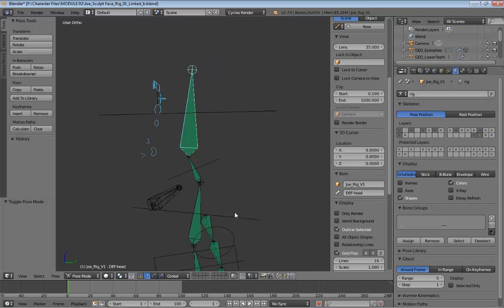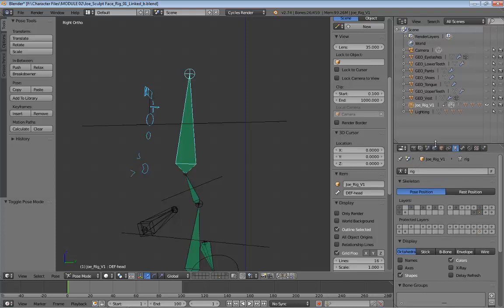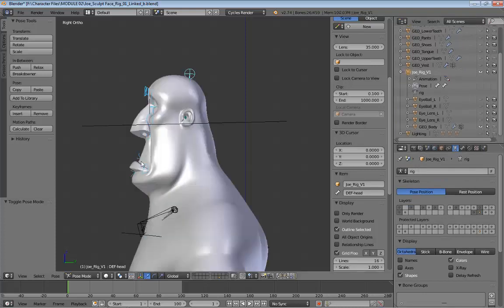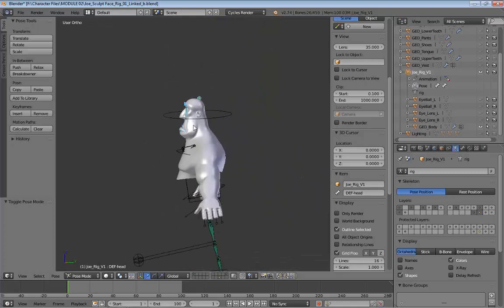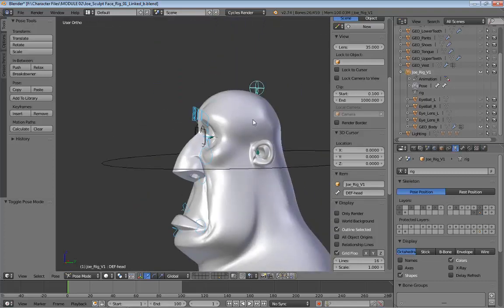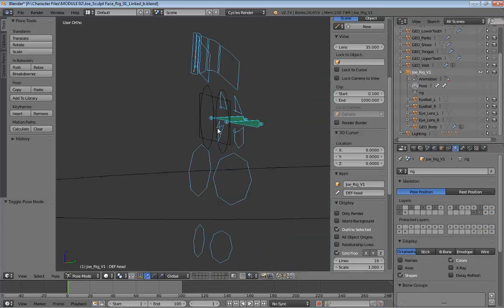So what's happened is, if we just go and unhide our mesh, you'll be able to see. Okay, what's happening is now it's all moving forward. It's the constraint on our eye bones that is breaking the rig. So all that we need to do is